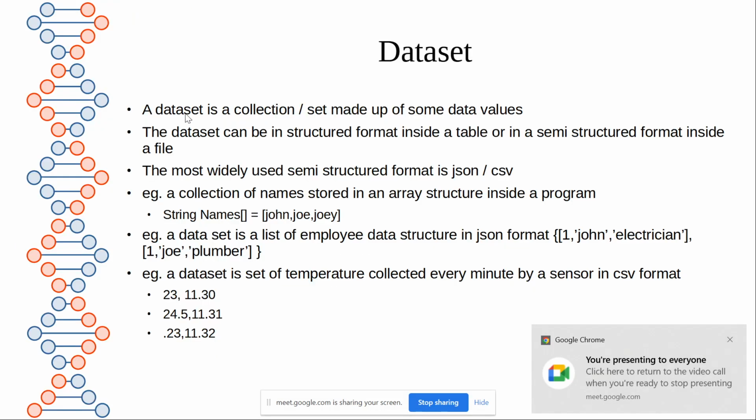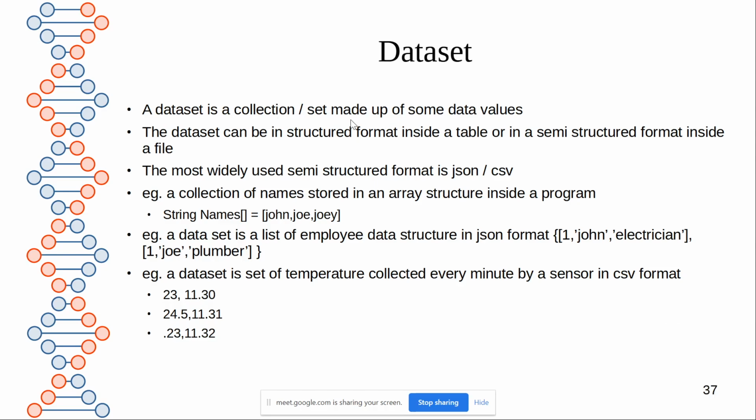So here it says a data set is a collection or a set made up of some data values. So data values means there has to be some value, right? I cannot just say employee. If I say employee, then what data value are we talking about? Are we talking about name? Are we talking about profession? So now once we have data values attached to some data attribute,